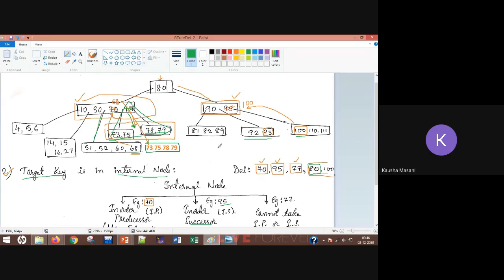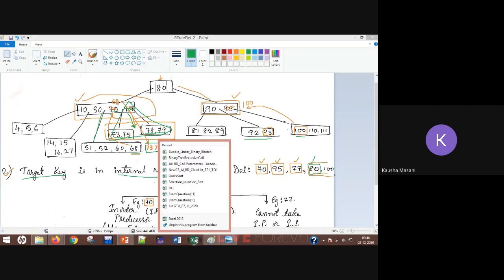Now what we want to do is delete 80. Okay, 80 today. So where is 80? If I can just do one thing, wait.